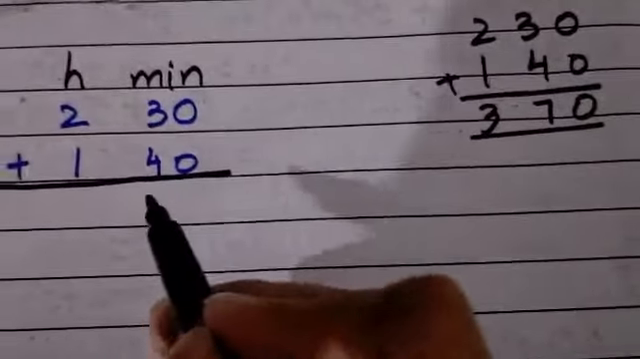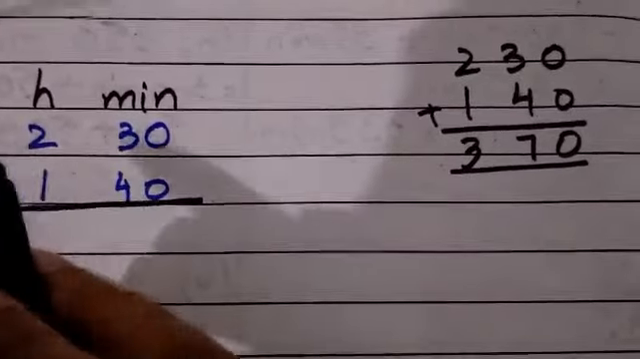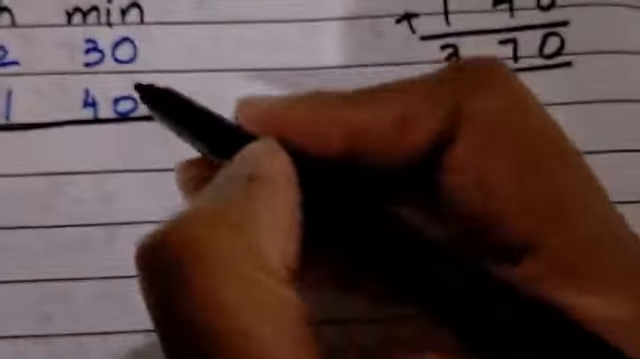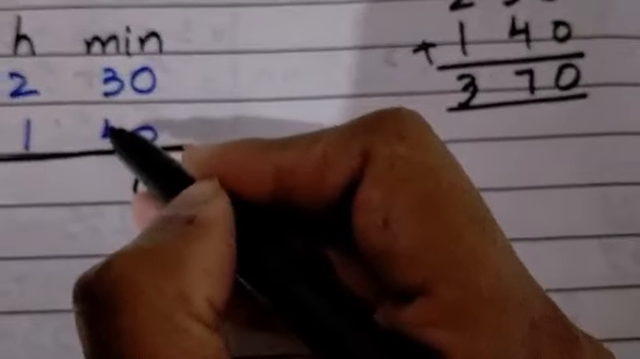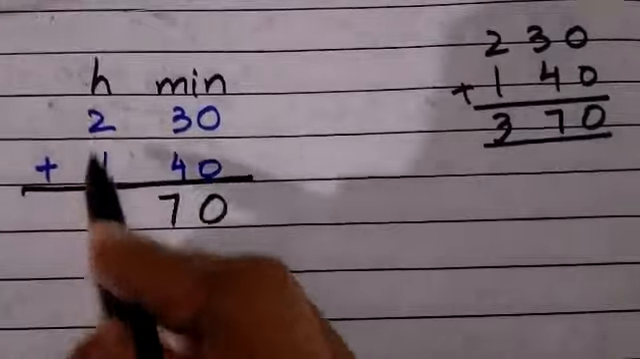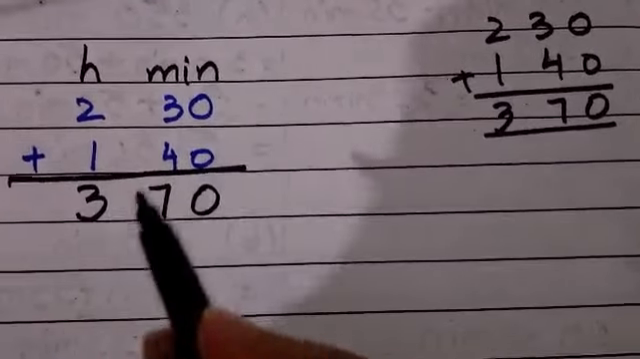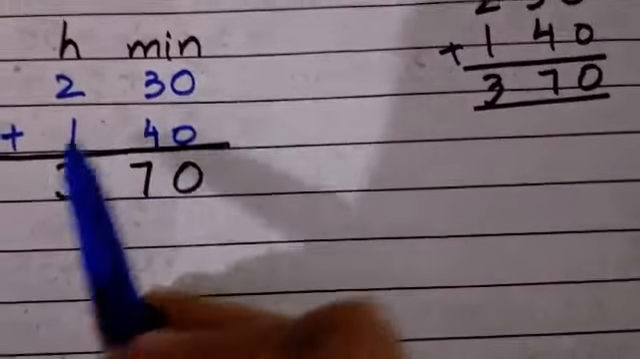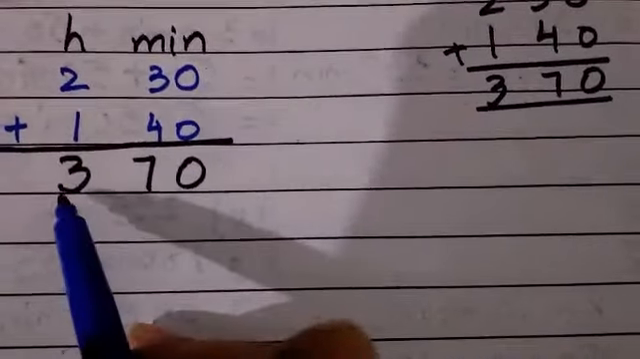If these values were digits, you would add like this: 0 plus 0, 0, 3 plus 4, 7, 2 plus 1, 3. It is easy. But in time, you have to focus on your minutes and hours. You have to focus on the limits of hours and minutes. 0 plus 0 is 0. 3 plus 4 is 7. 2 plus 1 is 3. If you add 2 hours and 30 minutes and 1 hour and 40 minutes, the answer is 3 hours